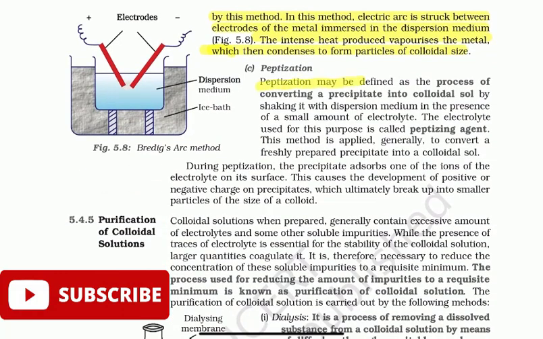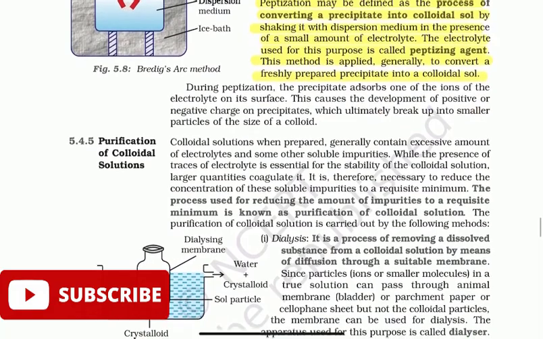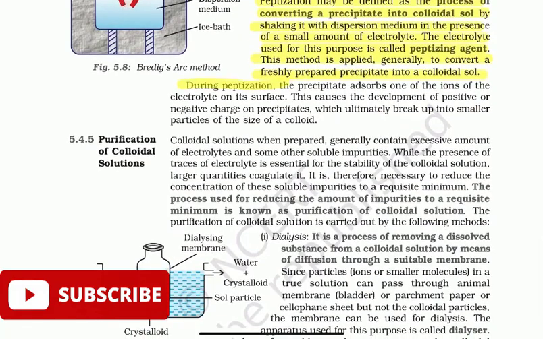Peptization. Peptization may be defined as the process of converting a precipitate into a colloidal sol by shaking it with dispersion medium in the presence of a small amount of electrolyte. The electrolyte used for this purpose is called peptizing agent. This method is applied generally to convert a freshly prepared precipitate into a colloidal sol. During peptization, the precipitate adsorbs one of the ions of the electrolyte on its surface. This causes the development of positive or negative charge on the precipitates, which ultimately break up into smaller particles of the